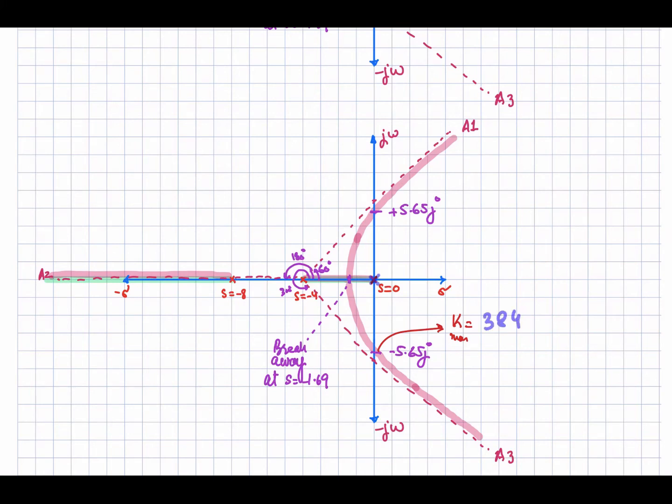So when, starting from 0, you increase k, your poles will be moving like this, in this direction, and this one will be moving towards infinity. At a certain value of k, they will come out of the real axis and start moving like this, and at the value equal to 384 they will be right at this point. After that the poles will enter the right half plane, and your closed loop system will become unstable. So you can vary k from 0 to 384. Right at 384 your poles will be on the j omega axis.